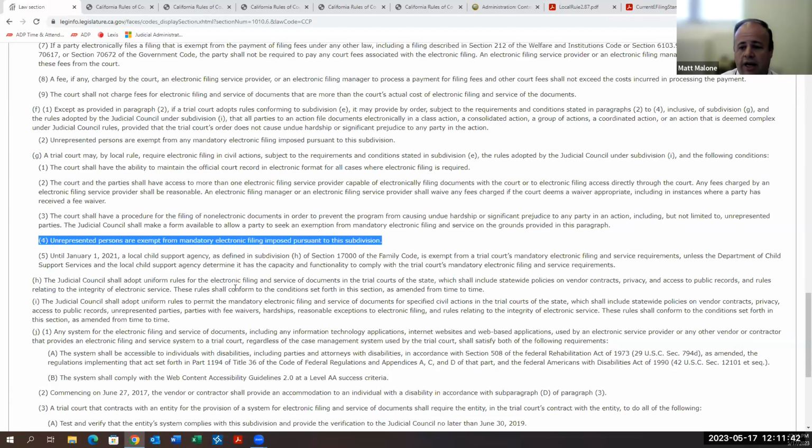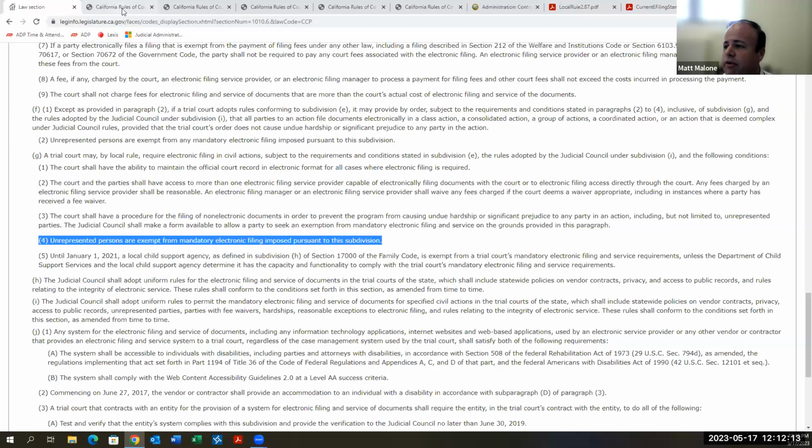But as someone who used to practice, I'll tell you those fees are nothing compared to, I couldn't even tell you what I filed by mail when I was in practice. It might have been CMC statements. Everything else was couriered or overnighted or sent by other kinds of methods. And those fees, at worst, are comparable and at best are much greater than what you're paying for electronic filing. So that is essentially the key provisions of the statute.